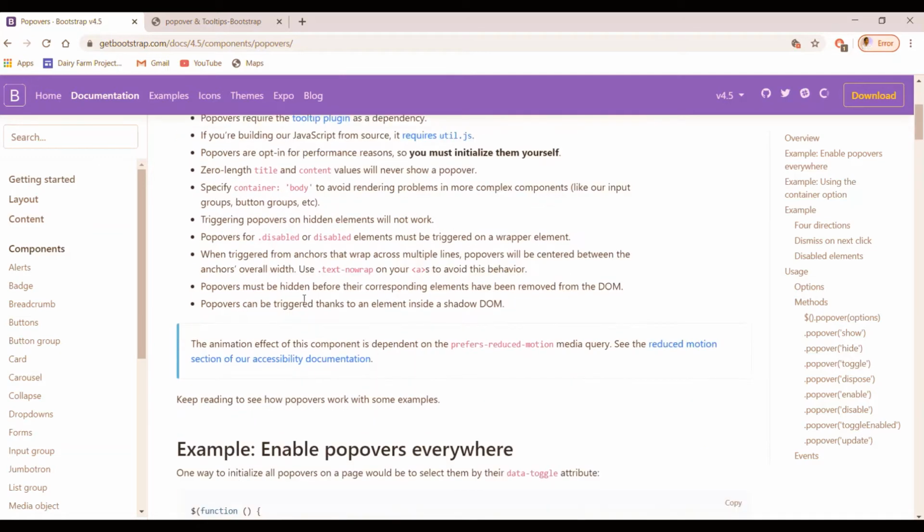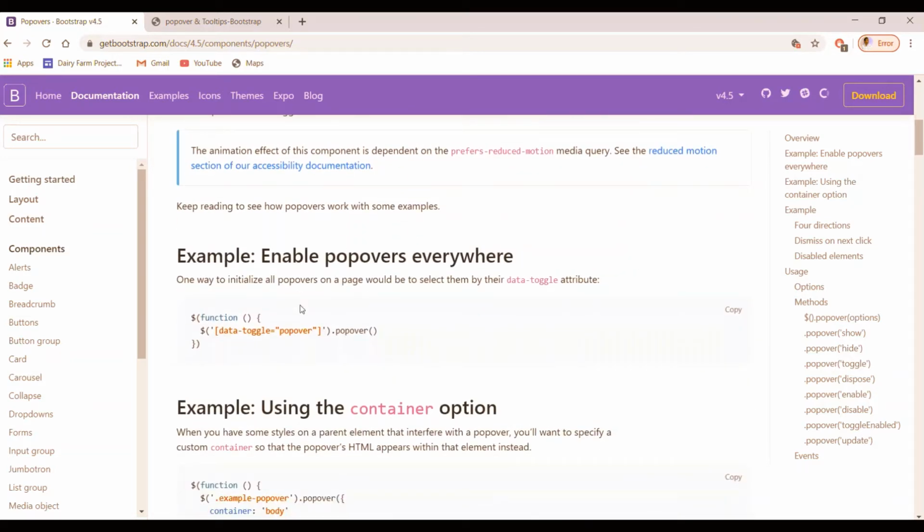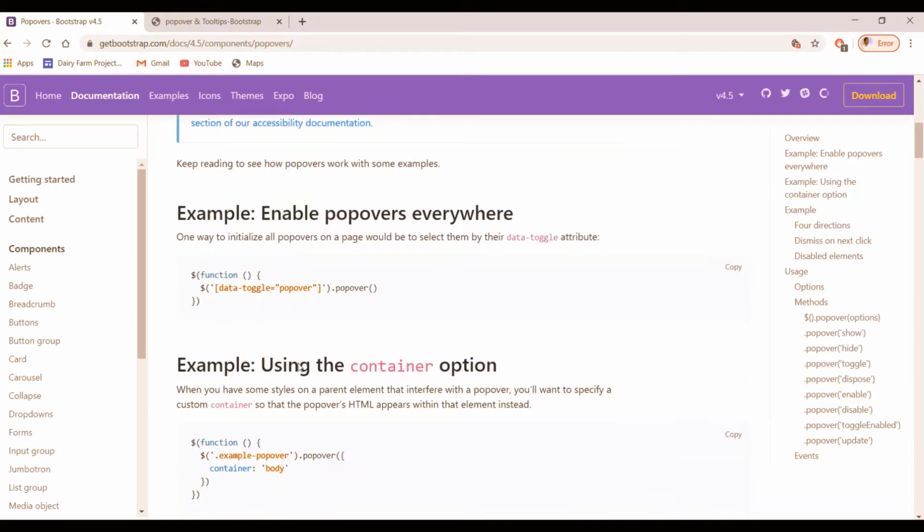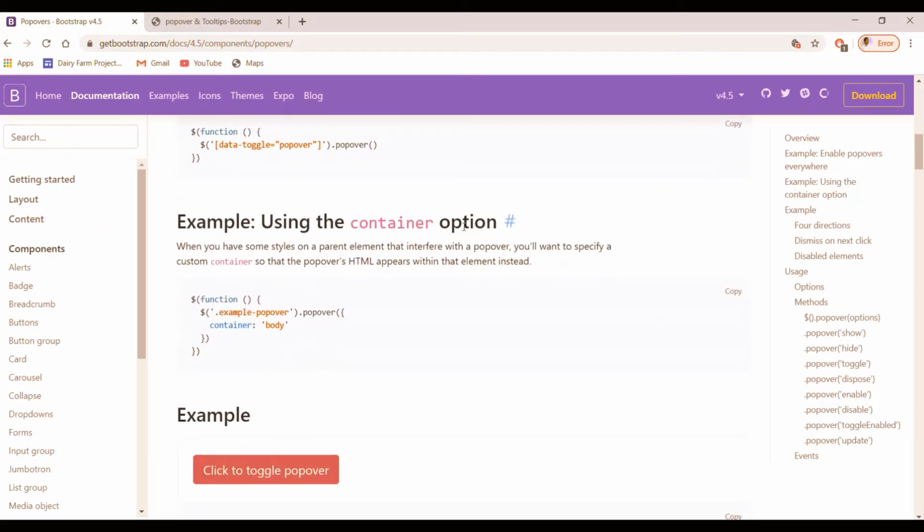So this is what we need to have before using the popover, and also we have to write some JavaScript in order for it to work, similar to the modals. This way we can use the container option.